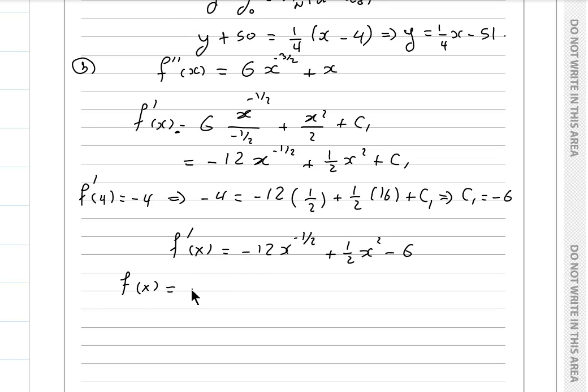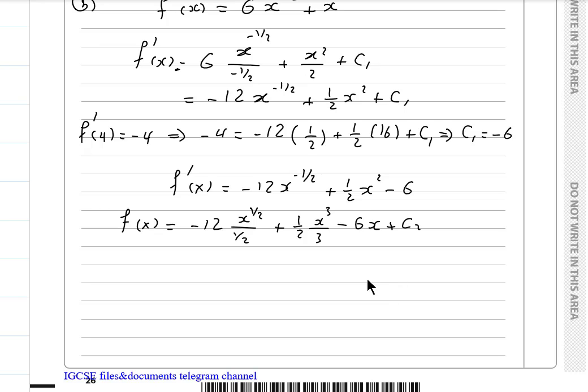It will be minus 12 x to the power of half divided by half, plus half x cubed divided by 3, minus 6x plus c2. Simplified, it will be minus 24 x to the power of half plus 1 over 6 x cubed minus 6x plus c2. We can use the information which says that